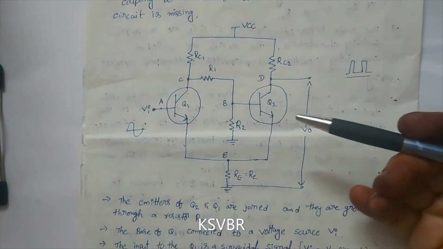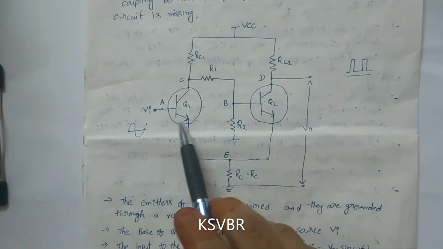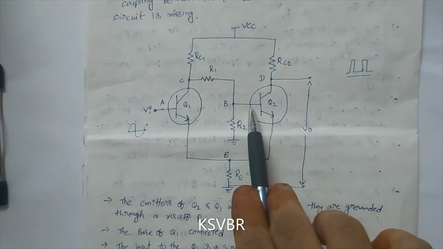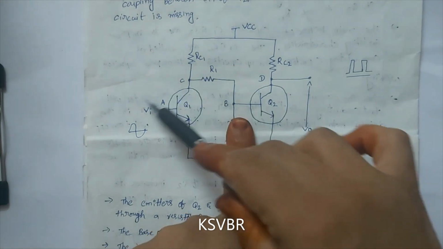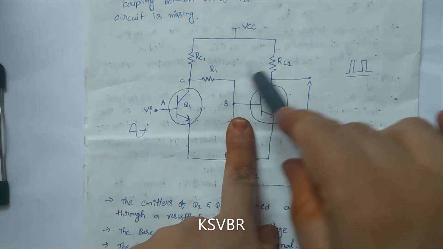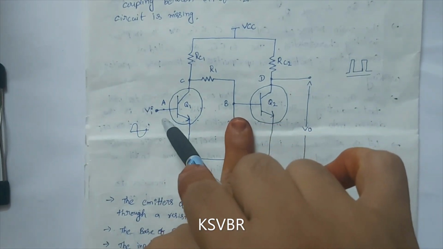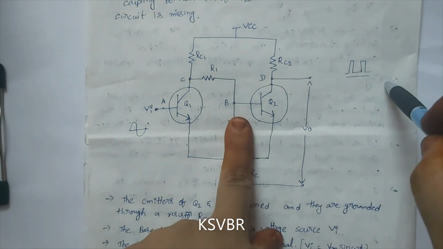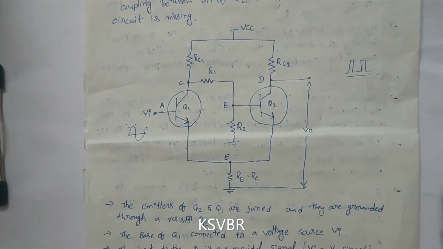This is the circuit diagram of our Schmitt trigger. This is VCC, this is Q1, Q2, and the output of Q1 is connected to input of Q2. But here the output of Q2 is not connected to input of Q1. There is no cross coupling here, but here we can observe external input. Here we are taking sinusoidal input. At output you will see square waves. So this is the basic circuit diagram of Schmitt trigger.